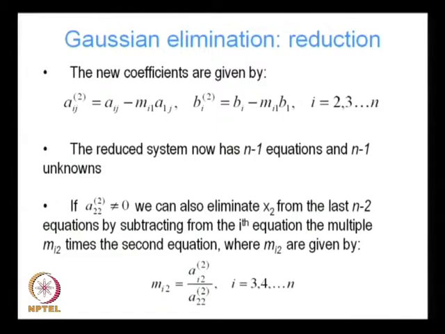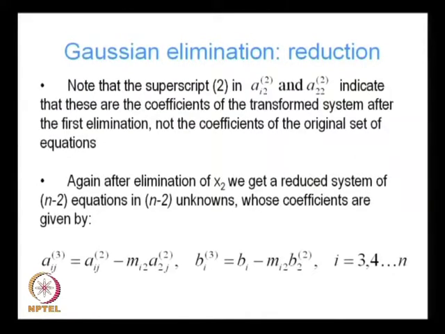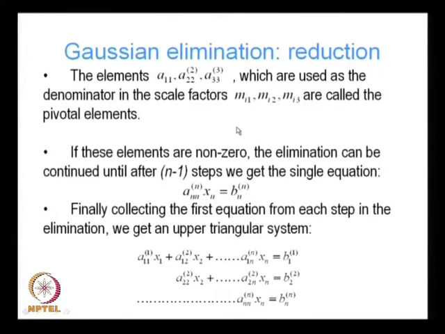So, if we do that, we can also eliminate x2 from the last n minus 2 equations by subtracting from the ith equation the multiple mi2 times the second equation, where mi2 is given by ai22 by a222, where i is equal to 3, 4 through n. The subscript 2 denotes the step in the reduction process. So, 1 denotes the first step, 2 denotes the second step. The subscript 2 in ai22 and a222 indicates that these are the coefficients of the transformed system after the first elimination. Similarly, we can continue this process for the third step and so on through the n steps until we get a system like this,